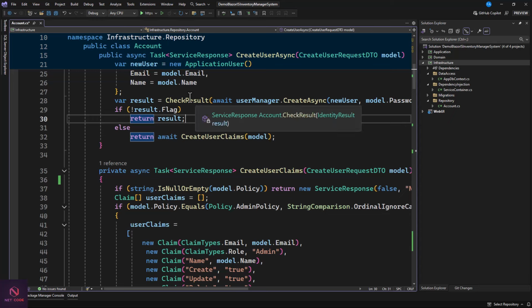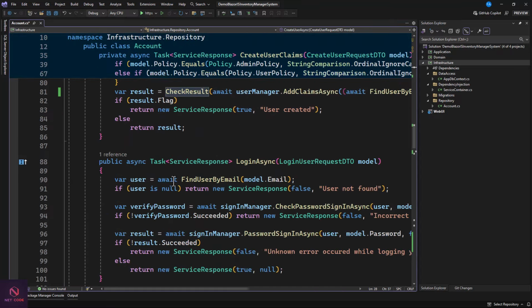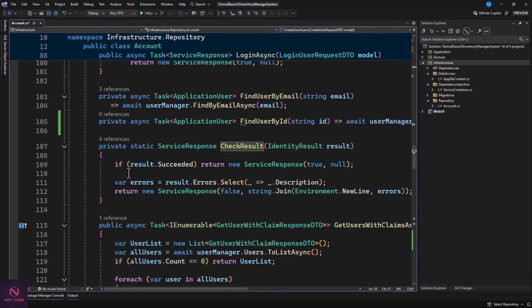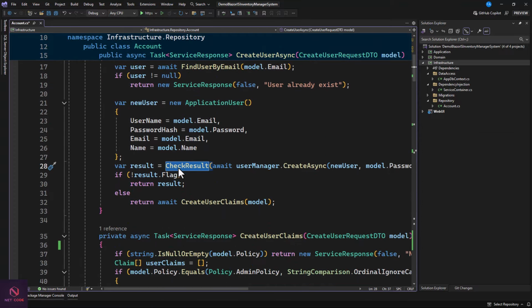Now why? Because here we have a simple class that we create, and this class checks the response of this create user. So CheckResponse is down in here. Now CheckResponse is checking if it succeeds, it's going to return true. In case it isn't, you're going to select the error in there and I return it in the form of a service response. So when it comes to the create, it is going to return service response. As you can see from here, the return type is service response. And here too, we are also returning service response. So directly we can return it straight ahead to this. But in case it is not,